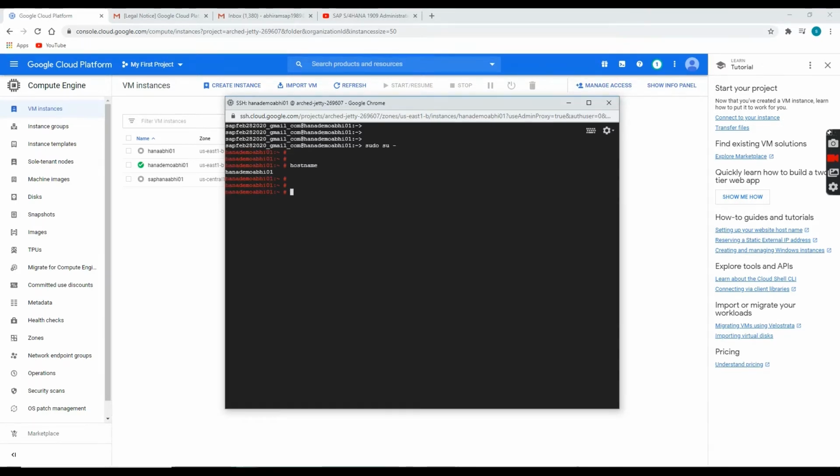Okay, so now I'm going to change some parameters in the etc SSH file, so that it will allow Putty connectivity from other outer systems to access the Linux. So for that I need to go to